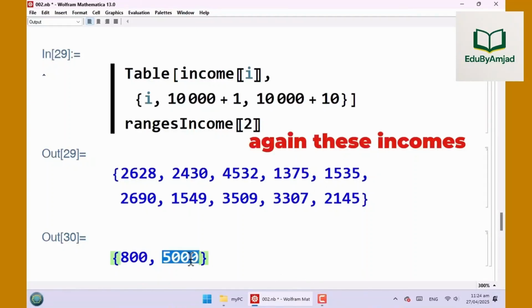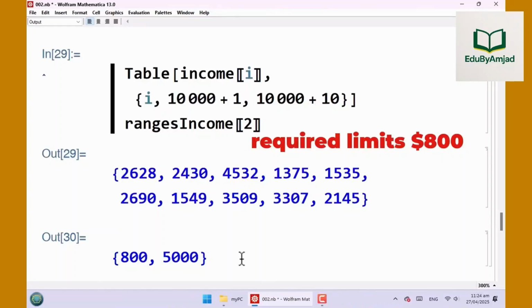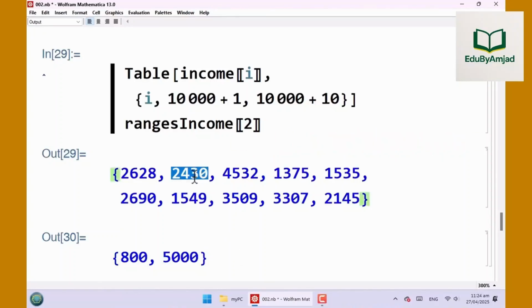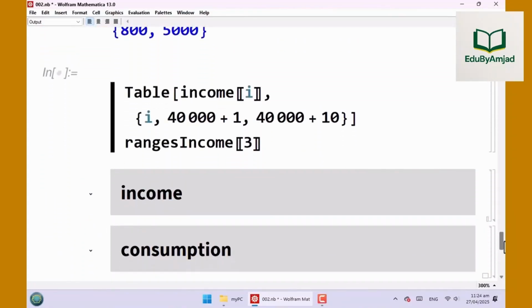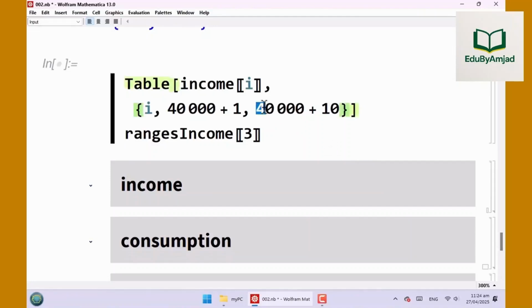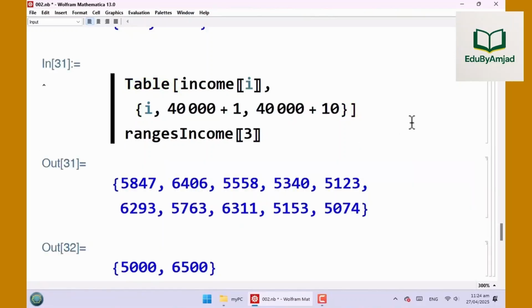Again, these incomes are within the required limits, $800 and $5,000. Finally, for the third group, we have the 10 observations within limits, $5,000 and $6,500.